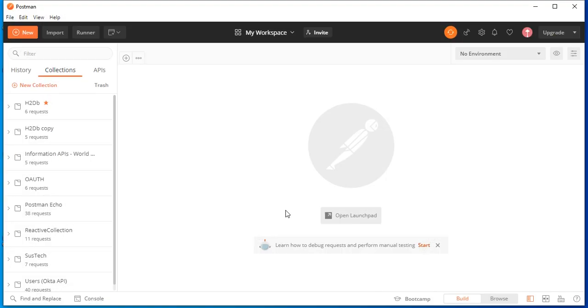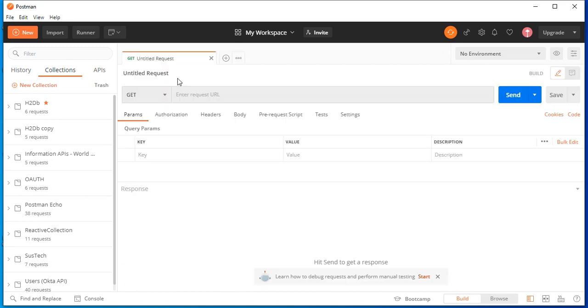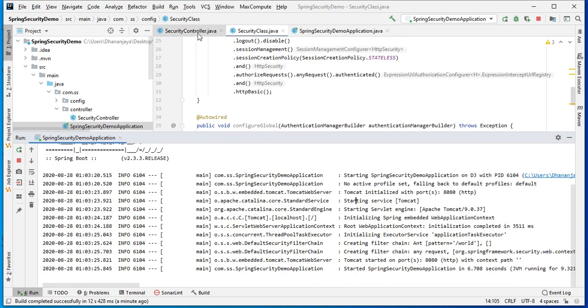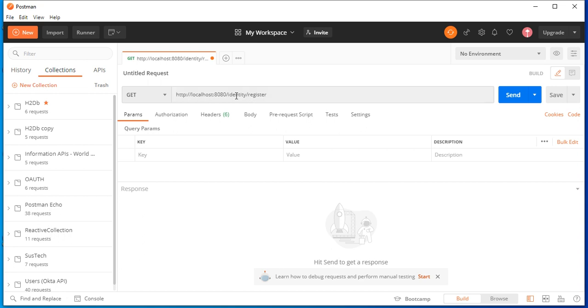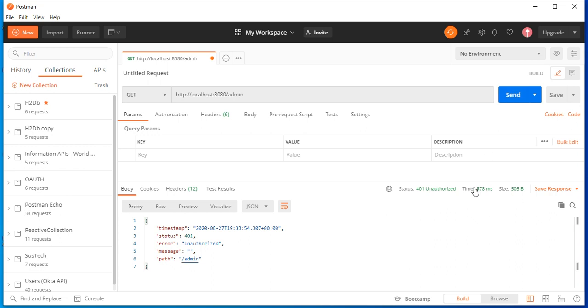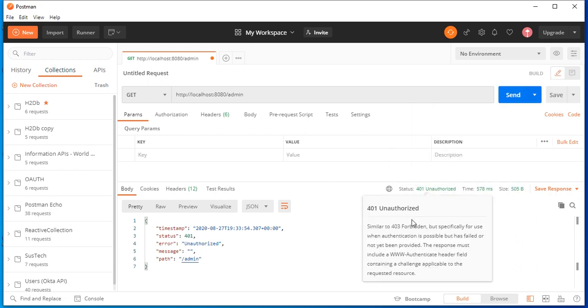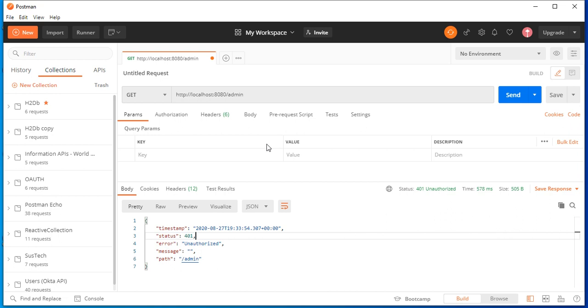Let me go to the Postman. In Postman, I need to call localhost slash admin. If I call slash admin directly, it will not work. It will throw 401 unauthorized.